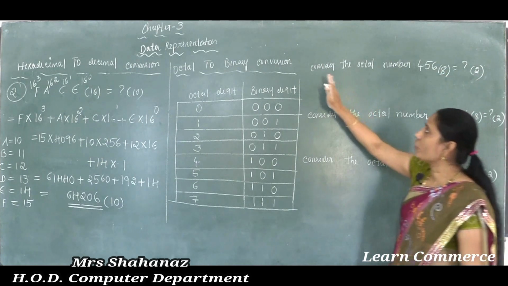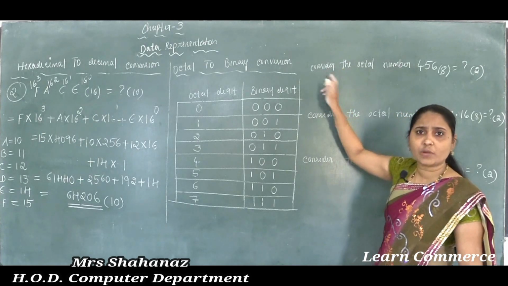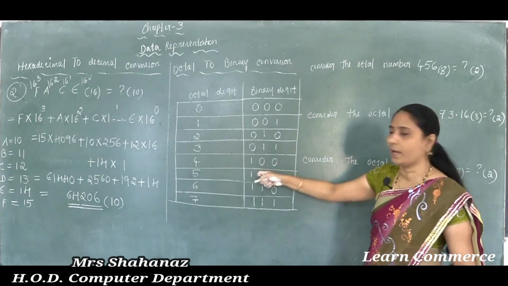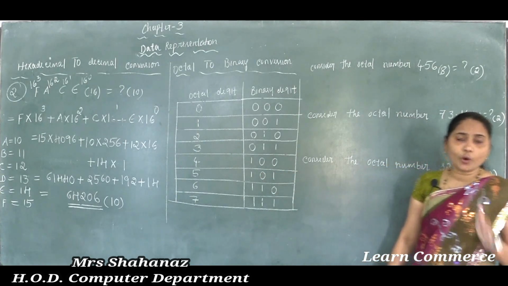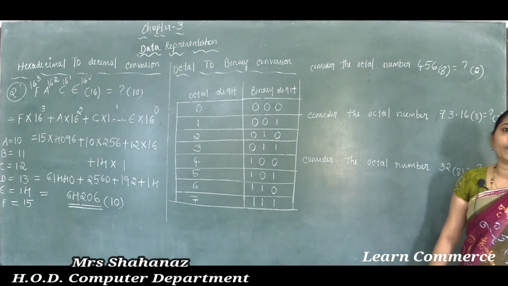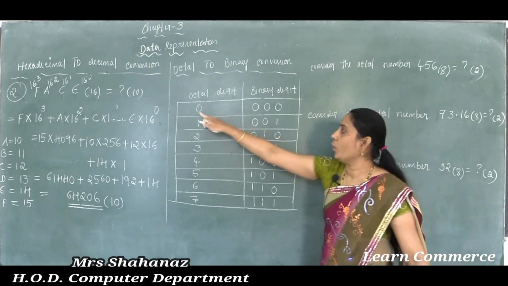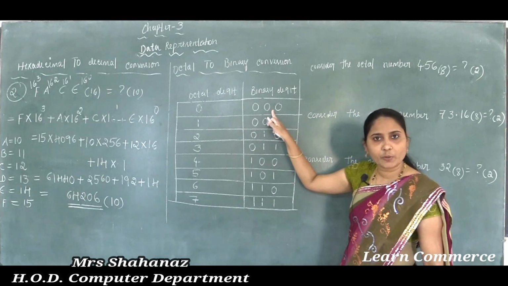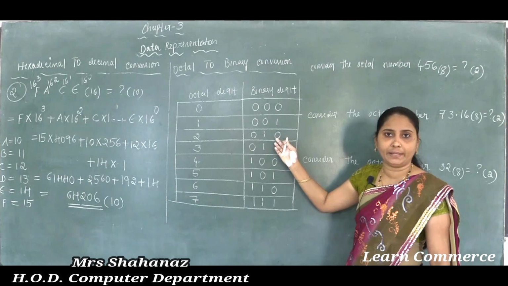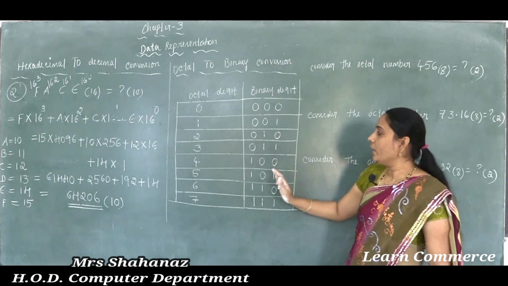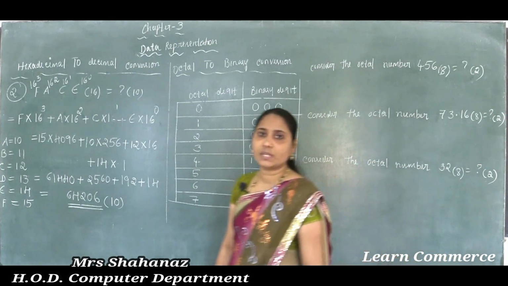When you are completing this question, first of all we need this table. Without this table we can't complete it here. If you know perfectly what the value of each number is, maybe 4 is 100, maybe 0 is three zeros, clear this point here? If you know perfectly, then you can complete it without the table also. Okay, just for your ease, I want to use this table here.